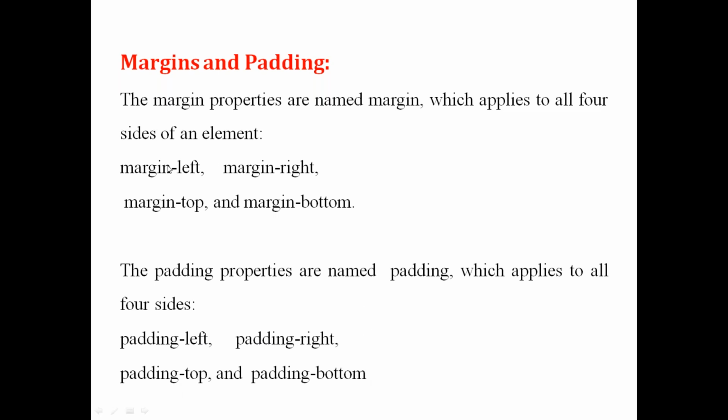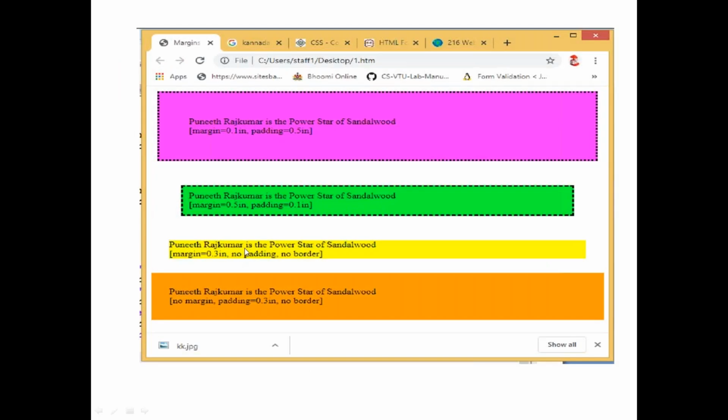If you apply only the margin, that applies to all sides. If you apply only specific sides, you can give margin left, margin right, top, bottom. Padding also the same thing. So this is the output. Here I changed the margin. Margin equal to 0, 1.1, 0, 0.1 inches. Padding is 0.5 inches. That shows like this. I already applied some border styles and background color to these cells. Then this is also different.